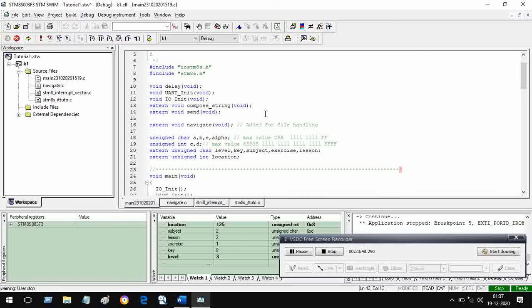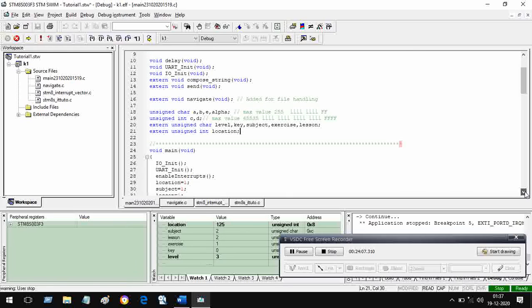So we have to compose that string which we have to send, the 10-byte string that we saw in the previous lecture, and then send that string also. So I have not built these two functions, but I have just given the names because this is the pointer to the next lecture.